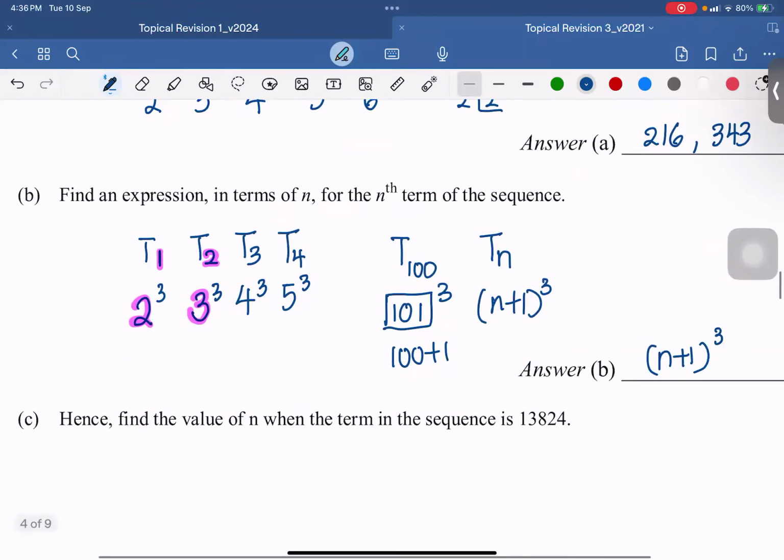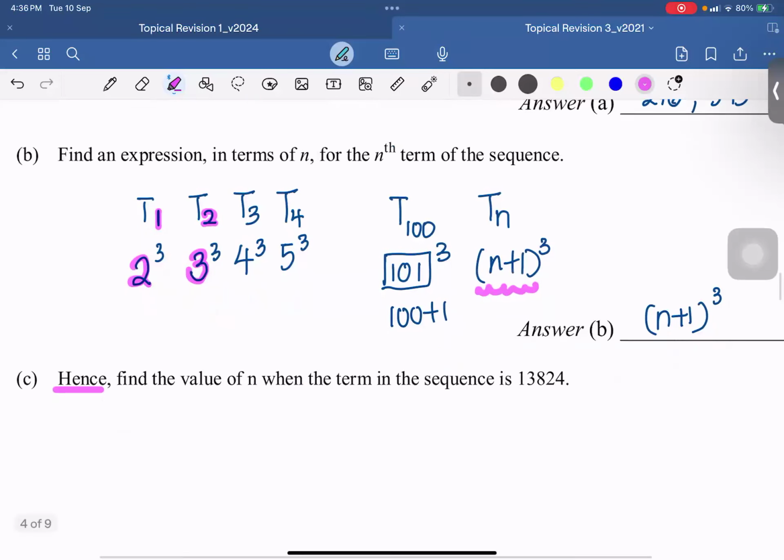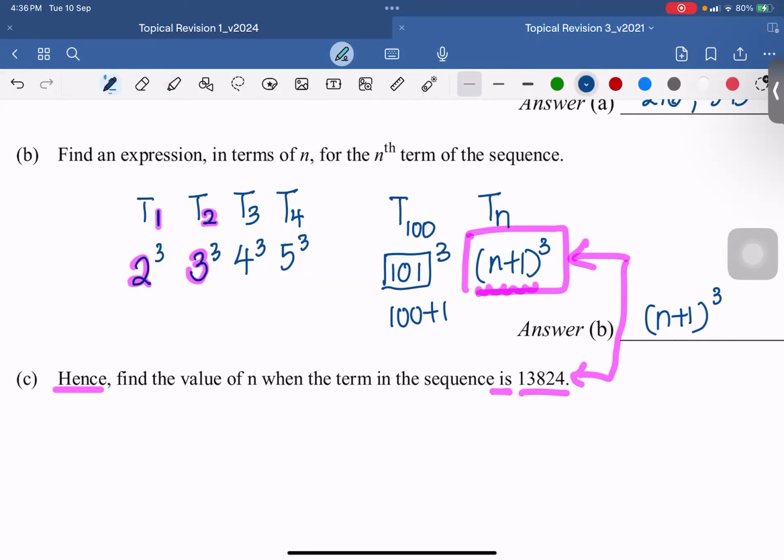Next one, the question says hence. Hence meaning I need to use the answer that I just got. Find the value of the term when the term in the sequence is... Oh, what does the word is mean? This is the one that describes the term, and this is the number. So what do I do to the two of them? I equate them to each other. So (n+1) to the power of 3 equals a number